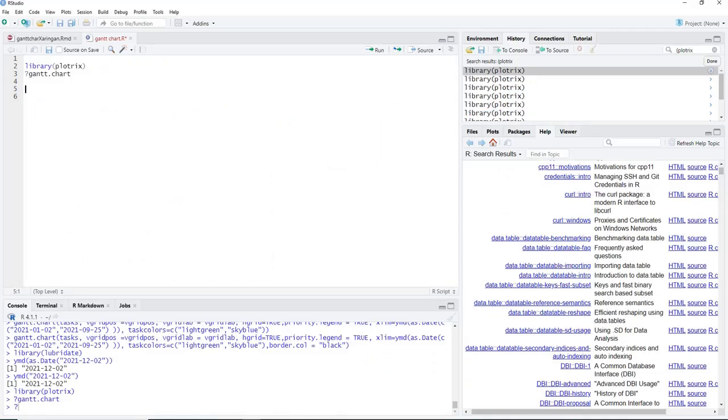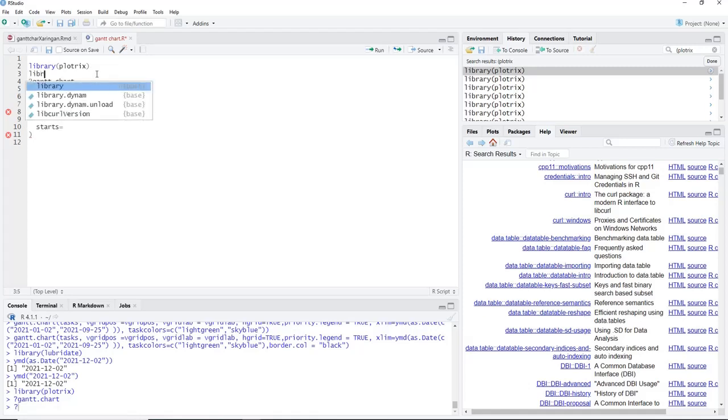First, we will get all objects necessary for Gantt.chart function, that is the tasks, and that task is a list, and in that list we need labels. The task labels is equal to, it's a character vector, and then next is the starts, that's the date object, and that date object we will get using functions from lubridate package.